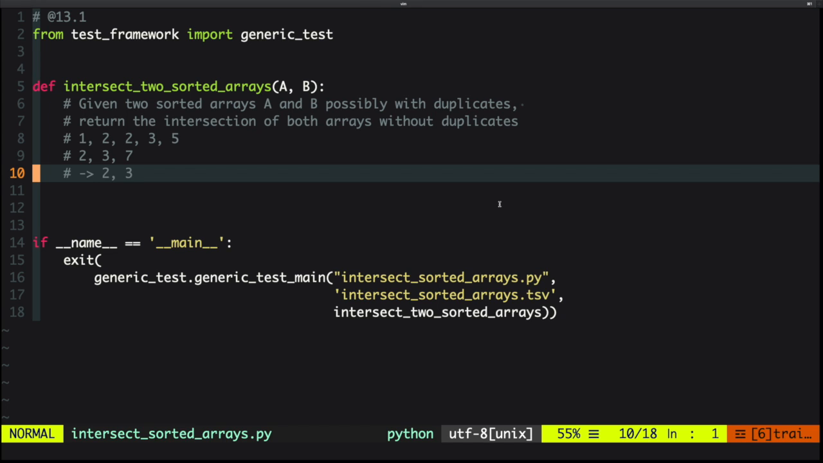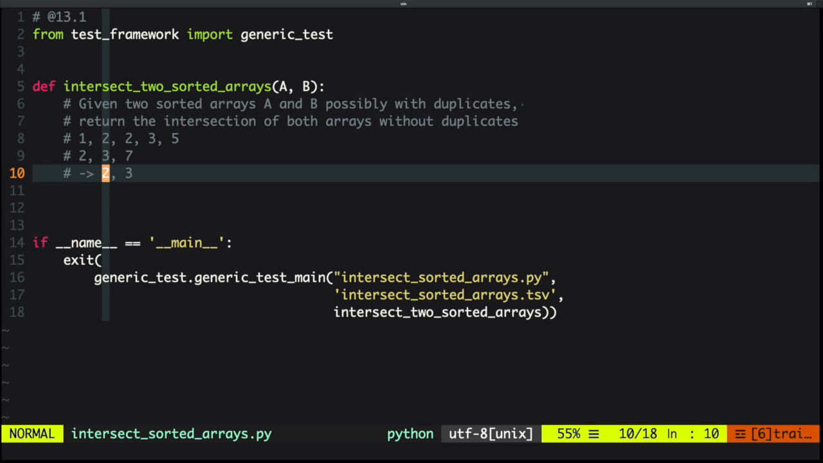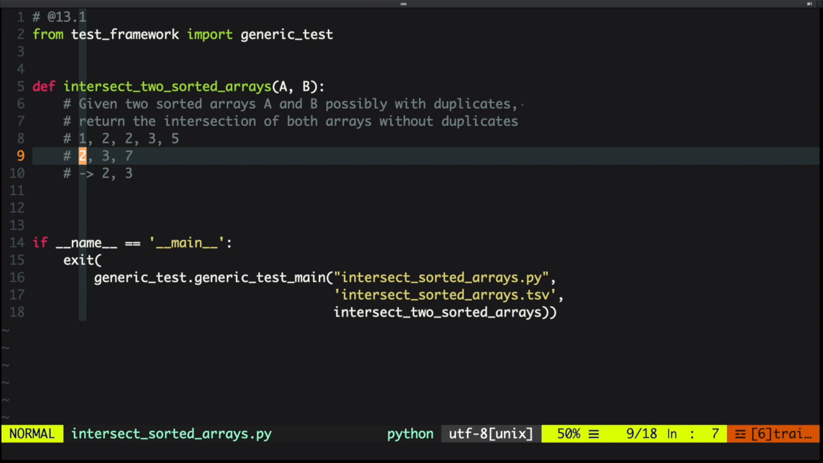without duplicates. So an intersection is a set where any element in this set is both in the first set and in the other set. So if we have A and B, then every element in the intersection is also going to be in A and in B. So for example, if we're given 1, 2, 2, 3, 5, and 2, 3, 7, we see